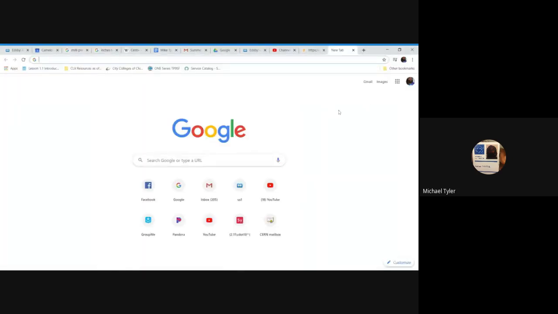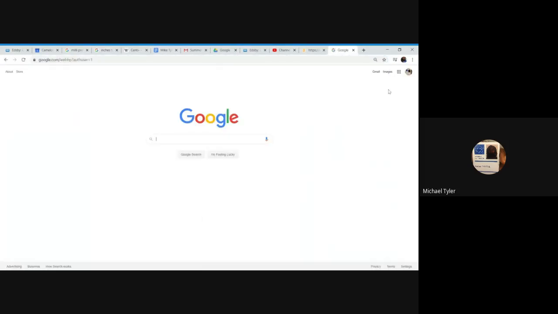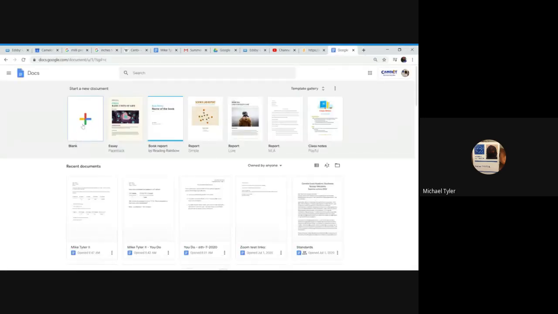if you notice, you'll have your icon here where mine is, and let me just go to my Camelot. And basically, these boxes here allow you to do everything that Google gives you for free. So you'll come down to where it says Google Apps. Basically, you'll come down here, you'll click on Docs, and you'll start a whole new document by clicking blank.